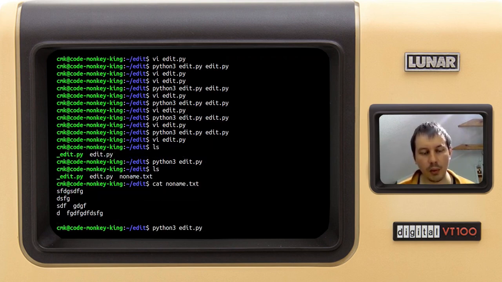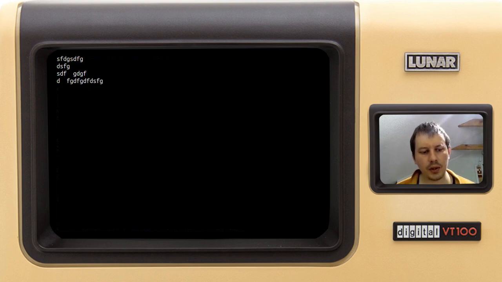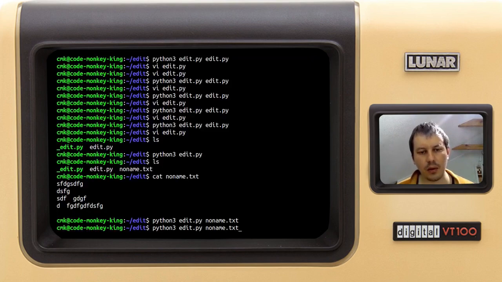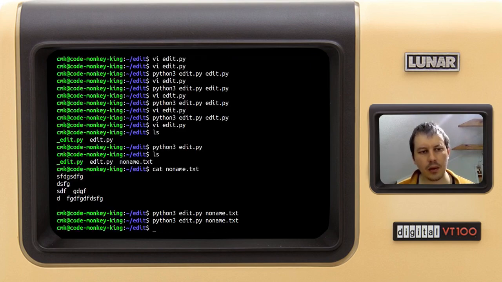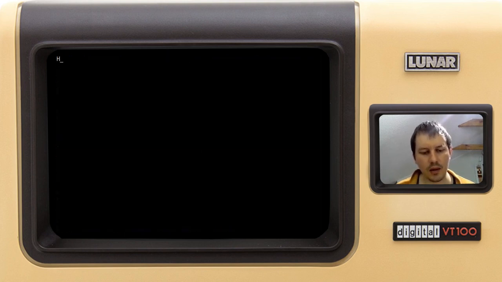But obviously we can still say edit noname.txt, and we're still editing the same file, so we can add some fun content here and save, Control Q, and it's already there. So far so good. Let's do sort of a save as. We want to create new files. So let's call it test.txt, and